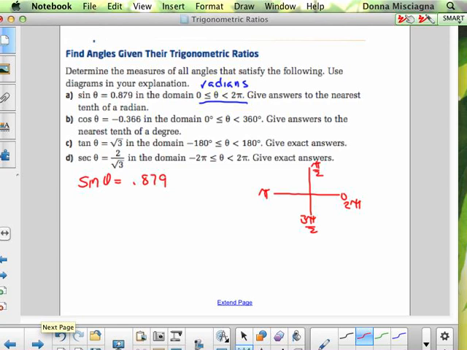Right? So 0.879 is greater than 0. Right? So that means we are not in the third quadrant, and we are not in the fourth quadrant, because sine is negative in those two quadrants. We are in one of the first two quadrants. All right? So we can be in the first quadrant or we can be in the second quadrant. We'd actually get the same values. All right? So let's solve for the first one, and then we can use reference angles to solve for the